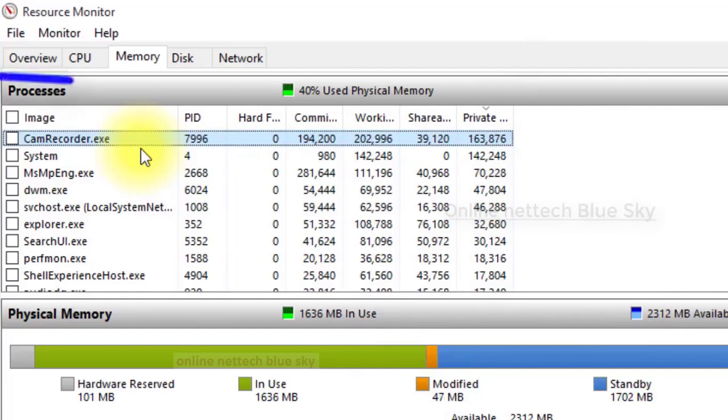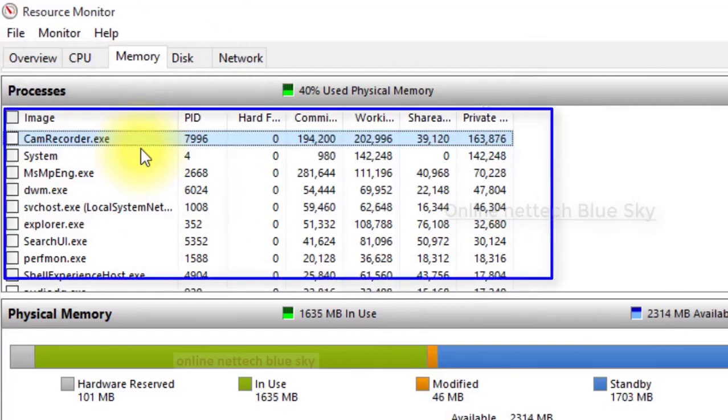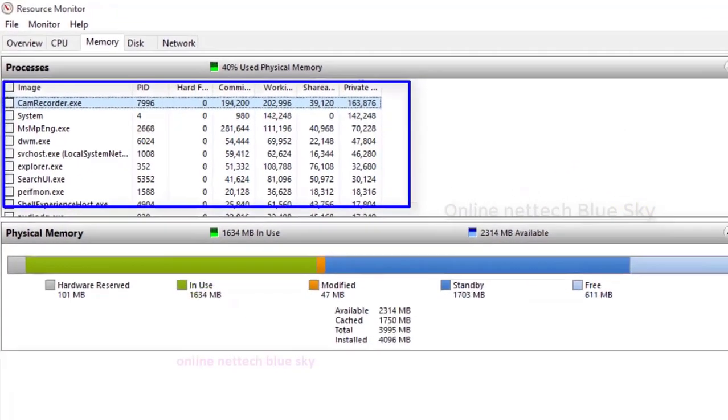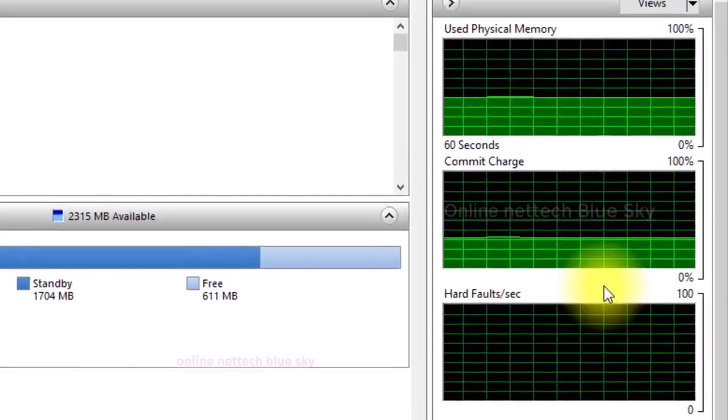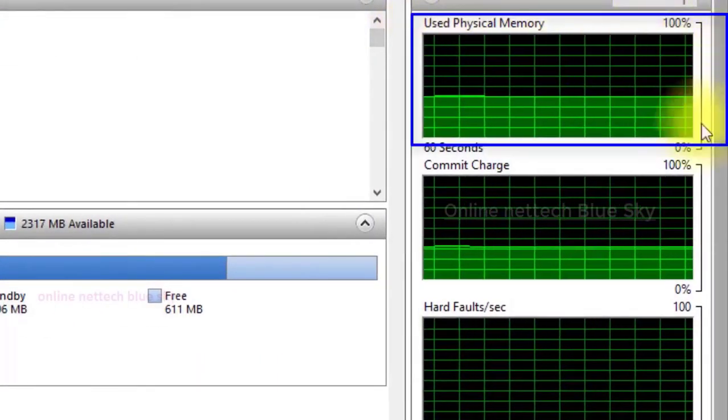Here you can see System, and all the system services and processes work with the CPU. I am just talking about this type of meter.